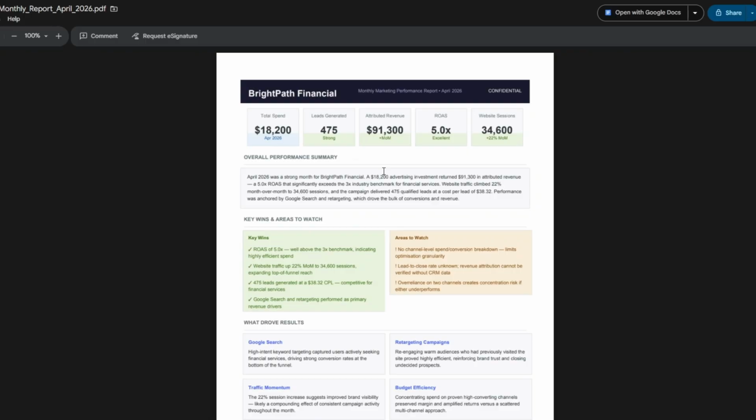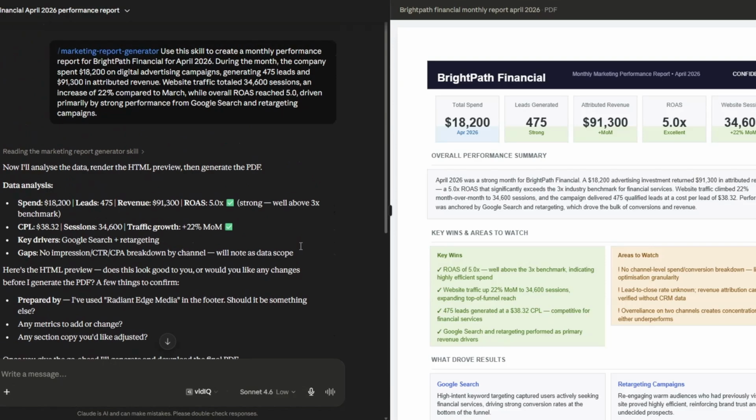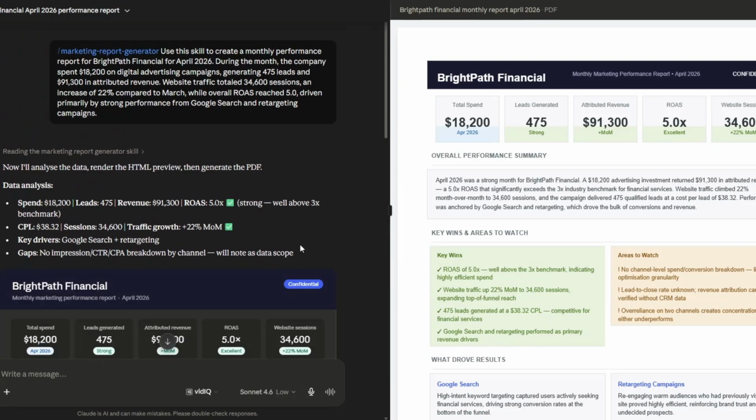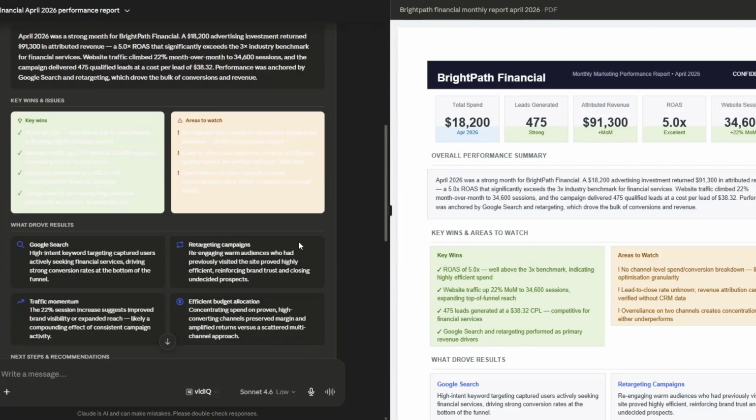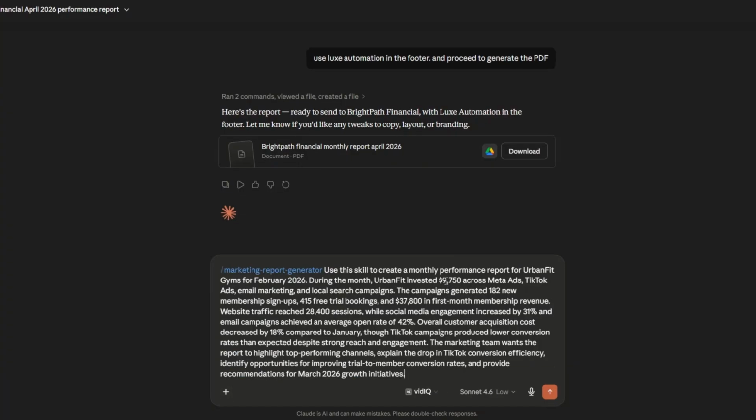This is really incredible. Let us use our skill to generate one last client report from a different client's marketing performance data. Now to generate our client report, we're going to use our skill. Then we're going to tell Claude this skill to create a monthly performance report for Urban Fit Gyms for February